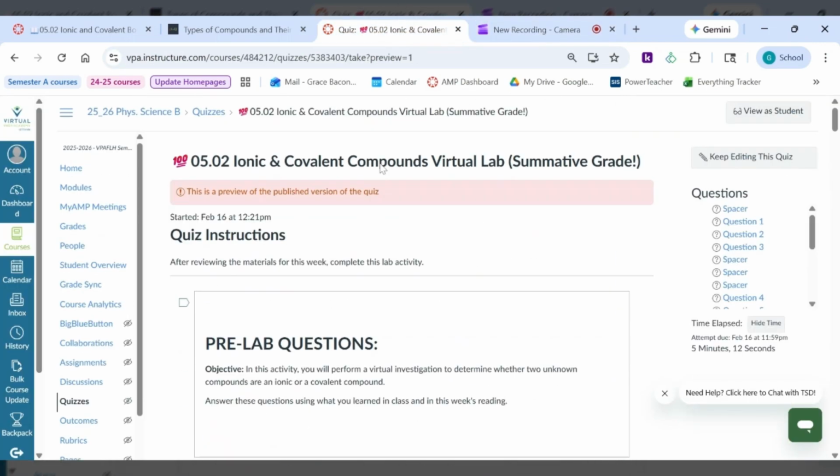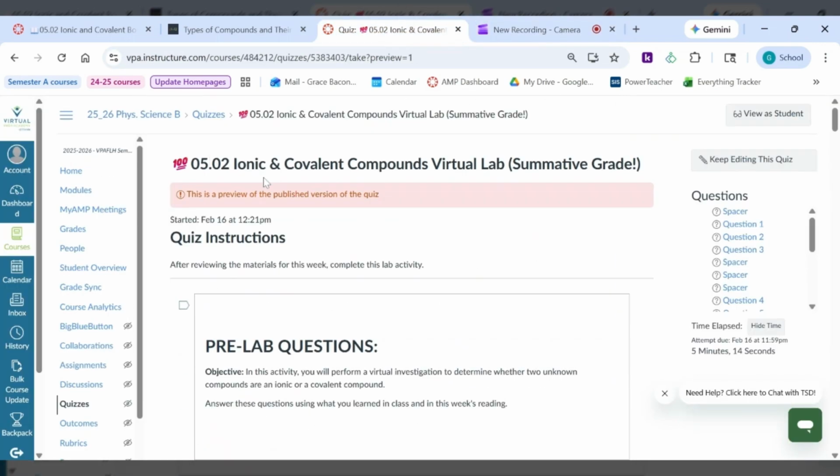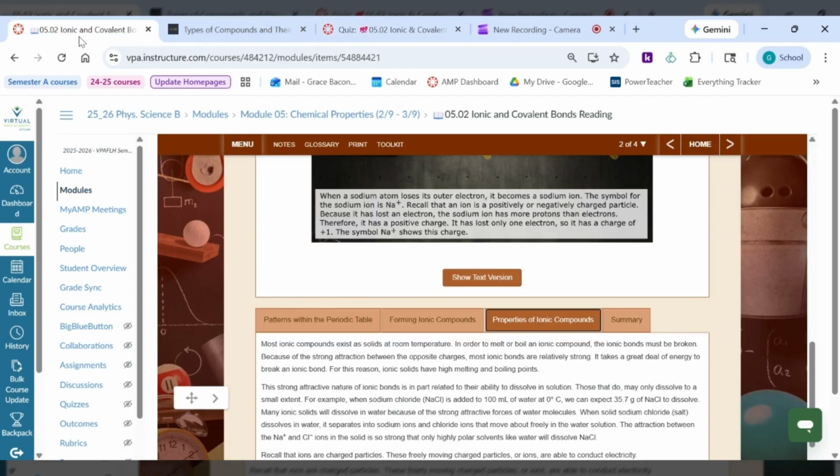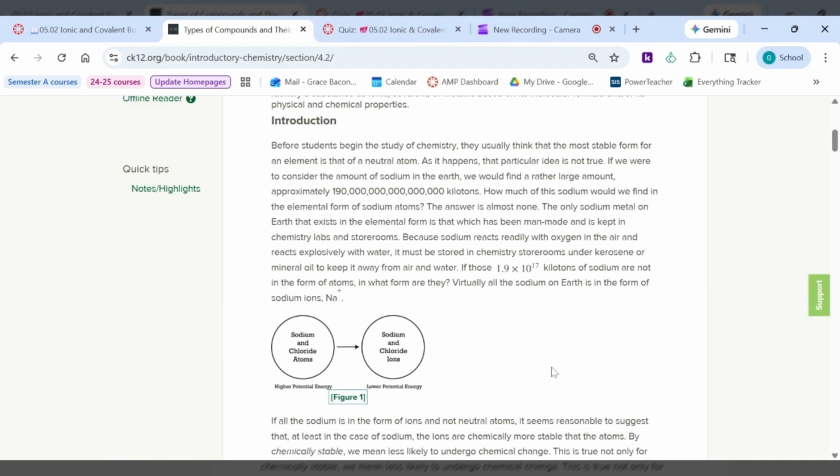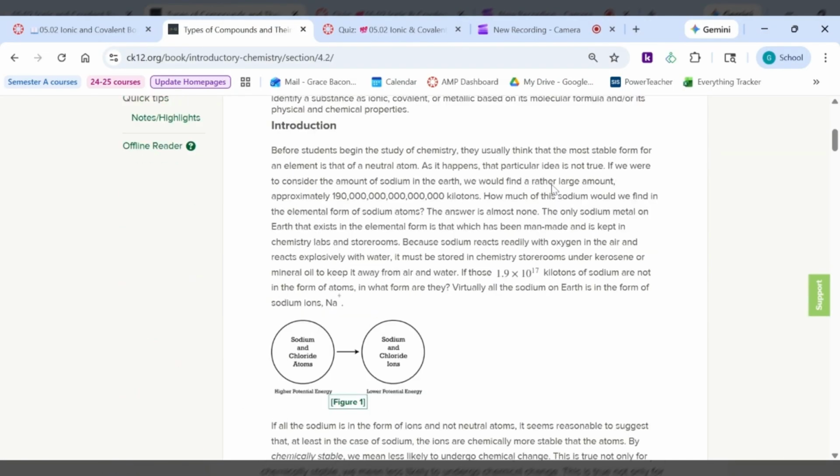Hi everyone, I want to go through and give you a little support on this lab activity, the 5.02 Ionic and Covalent Virtual Compounds Virtual Lab. So the resources you're going to be pulling from for this activity are your 5.02 reading, and then this CK12 reading has a little bit of additional information as well if you need a little more than you can get